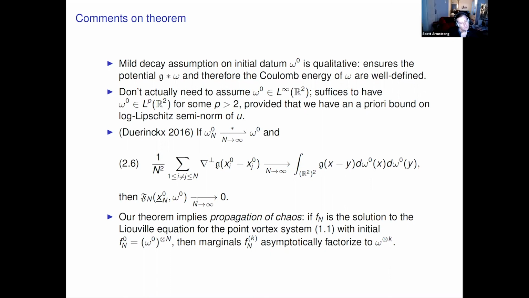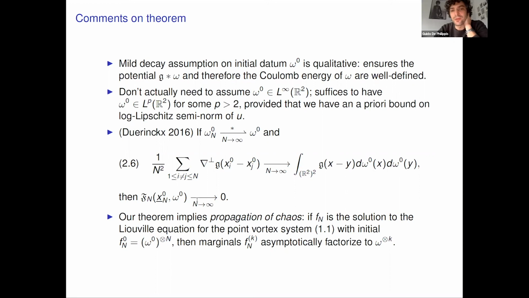Thanks. And also on this slide, when you talk about the a priori bound on the log Lipschitz seminorm, you have it for all time, right? You need to assume it for all time. Say you fix some compact time interval, and then you need the log Lipschitz seminorm to be bounded on that time interval. But that's a pretty strong assumption. Yes, and it's implied if the vorticity is in L infinity, but I'm not sure off the top of my head what would be a weaker assumption solely on the vorticity that would imply that. Weaker than L infinity, I'm saying.